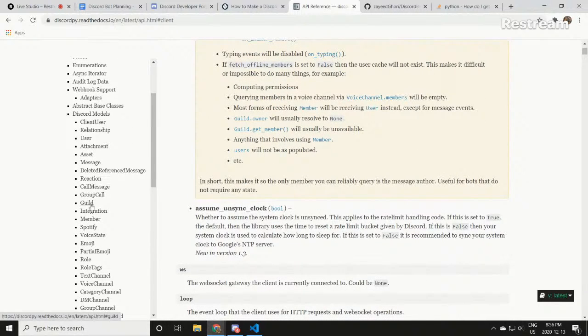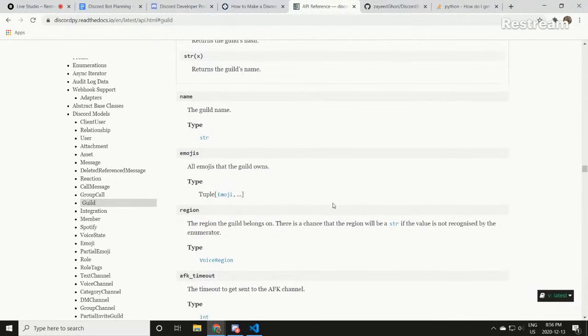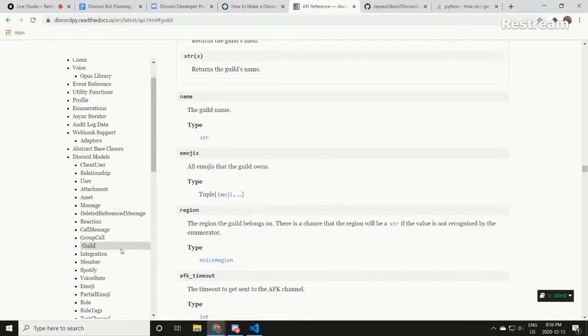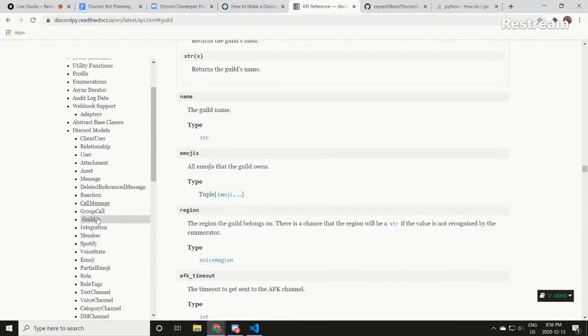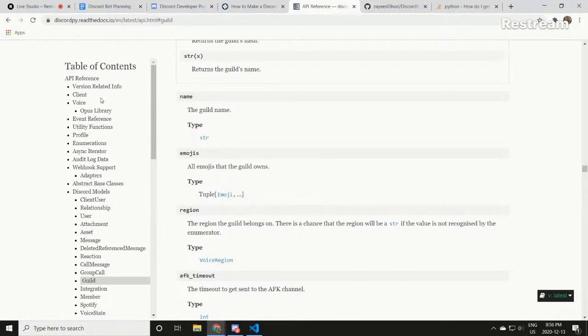Let's see this. Data classes. I think what we do need is inside the client. Sorry, the client